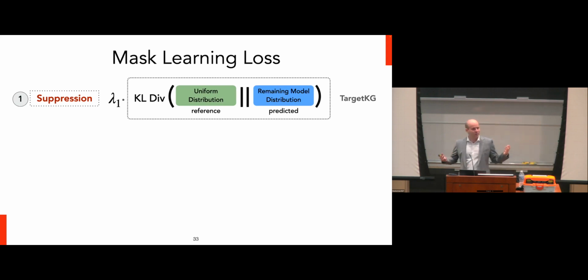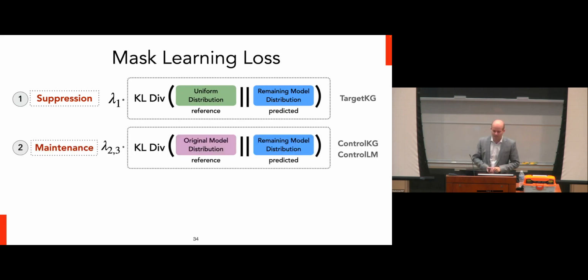Another easy idea that folks often have is to just set it to 0, so the value on the knowledge they're trying to represent should be 0. That's actually very difficult to do, because knowing absolutely nothing about a concept, such that there's 0 probability, actually requires a whole lot of knowledge about everything else. So it ends up being very difficult to find a sparse subnetwork if you do that. But essentially, you're trying to find some sort of objective such that the model has no idea how it should complete the prompt, and a uniform distribution is a pretty good way of doing that.